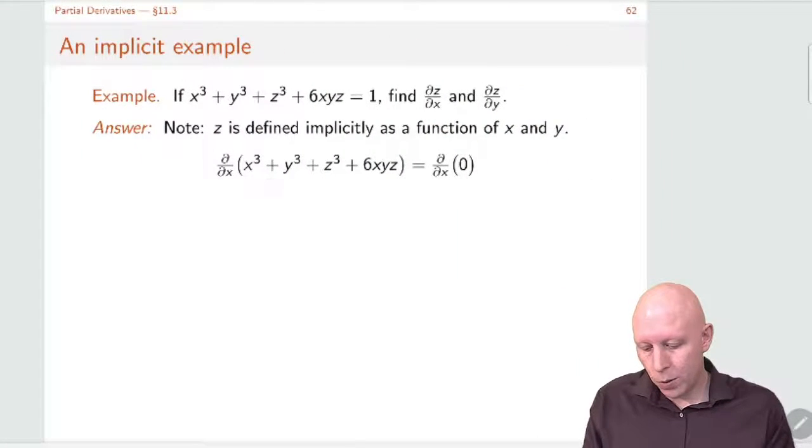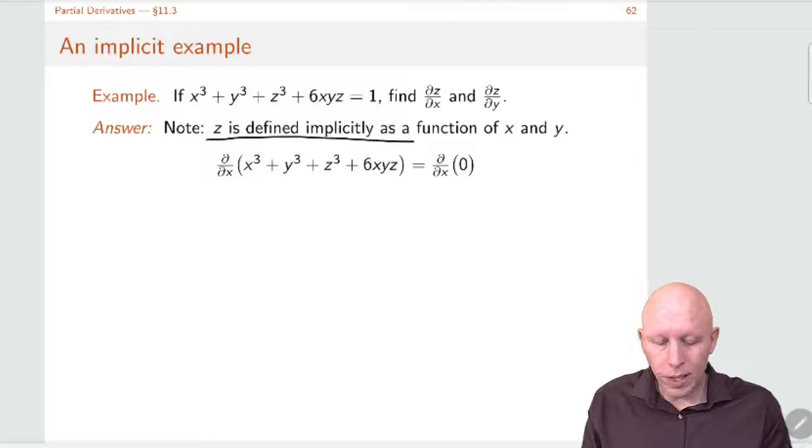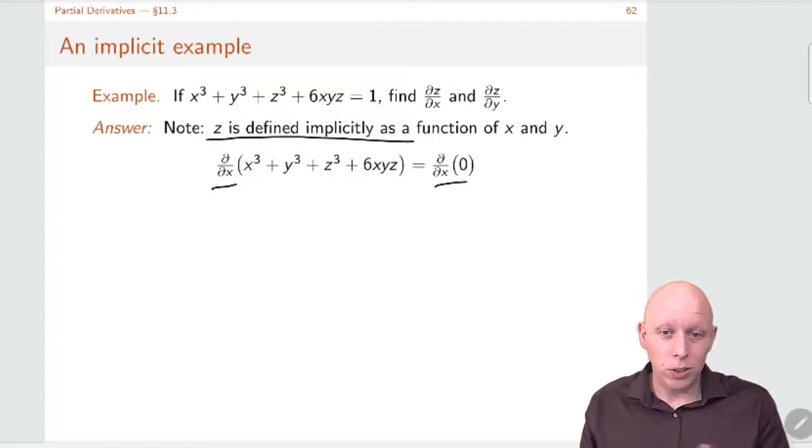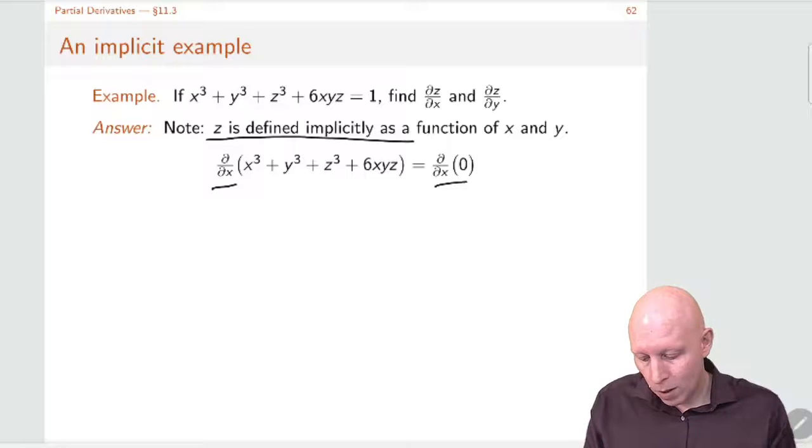All right. So when you have a function that's defined implicitly, then just as when you're dealing with a function of two variables back when, what we want to do is take the derivative with respect to x of both sides. But this time it's the partial derivative with respect to x. And so when we're doing this, we see the